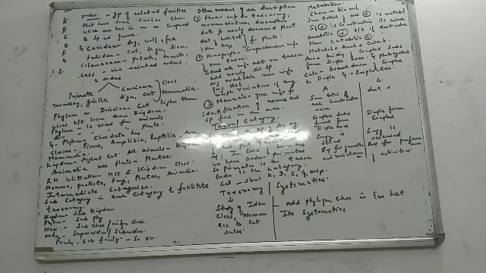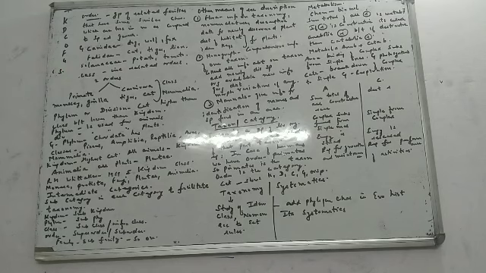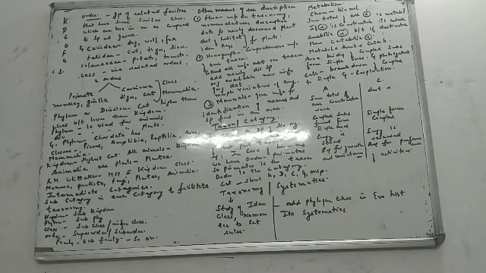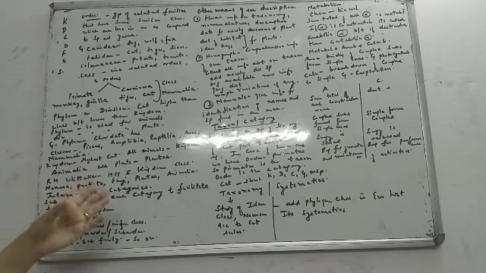Let me take a very fast revision of what I have done. We did what is order? Order consists of closely related families. I gave you an example. Then we moved on to the next category, class. I gave you an example of class Mammalia, and two orders included in it, Primata and Carnivora. Then division or phylum: the phylum is Chordata, and it includes five classes: Pisces, Amphibia, Reptilia, Aves and Mammalia.